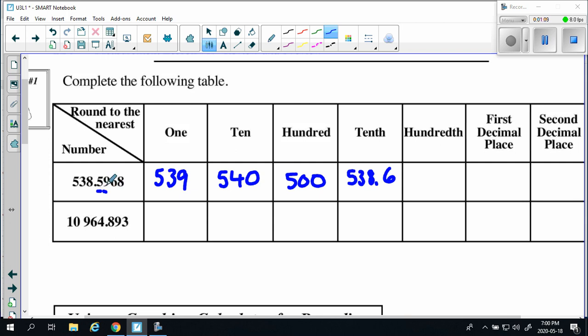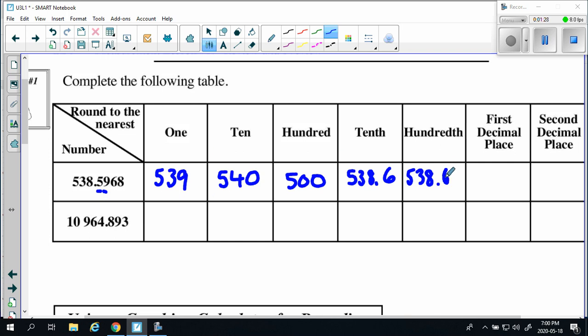So it would be the 5 and the 9. We want to keep both, but because the next digit is the 6, the 9 has to round up. So how are you supposed to round up 9? Well, it will round up to 10, and that 10 spot will cause the 5 to bump up by 1. So we're looking at